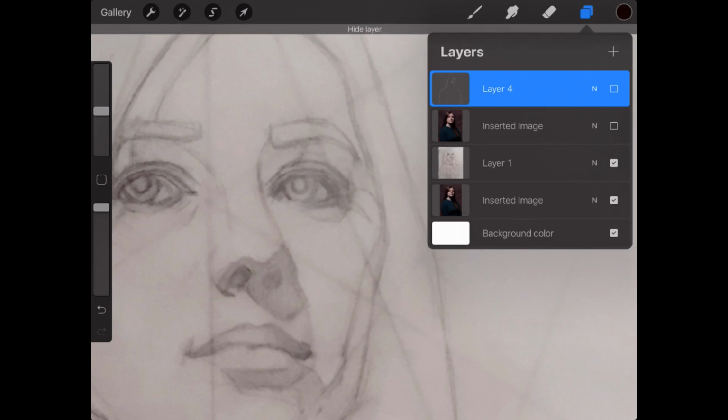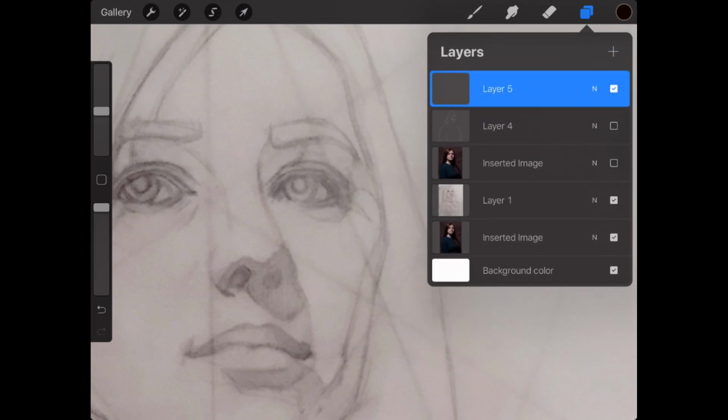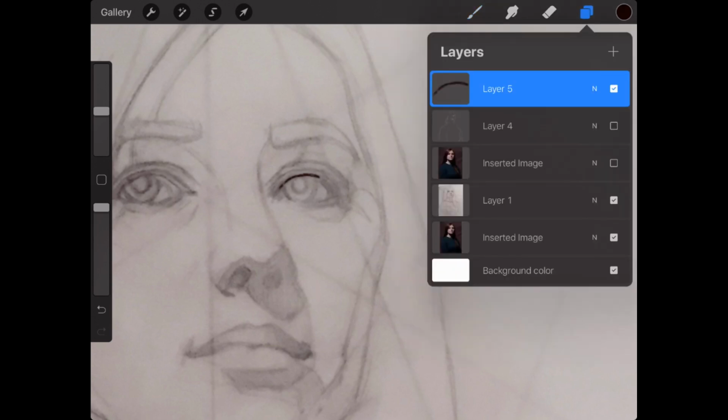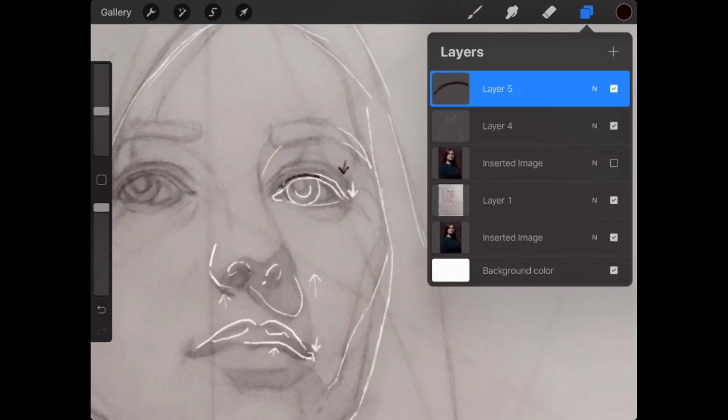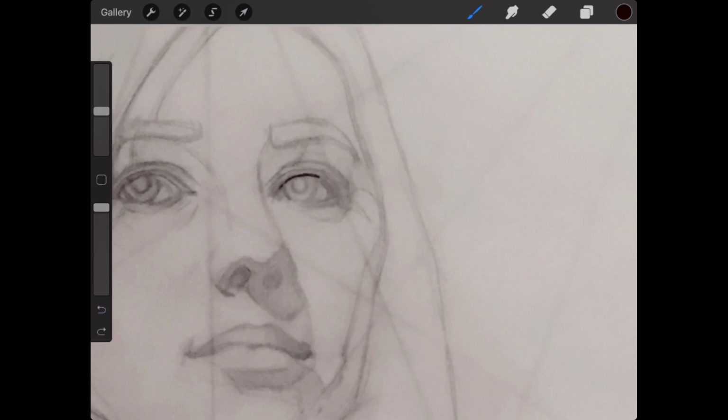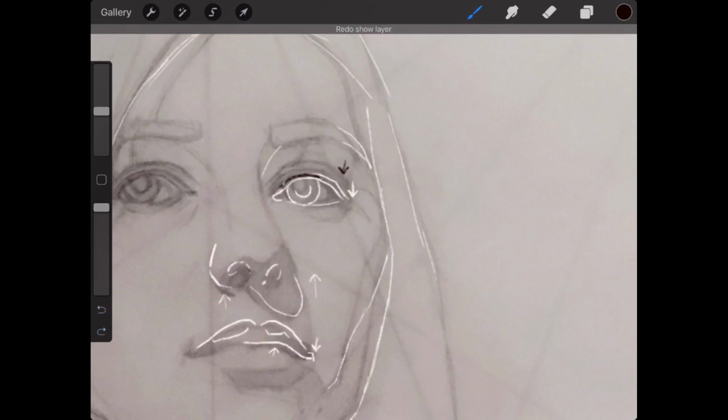It's almost where you have this line is where the upper shelf, or the eyelash line, should be, and then below that should be another line here for the under shelf of the eyelid. So it's not by very much, but it will make a difference in your drawing.